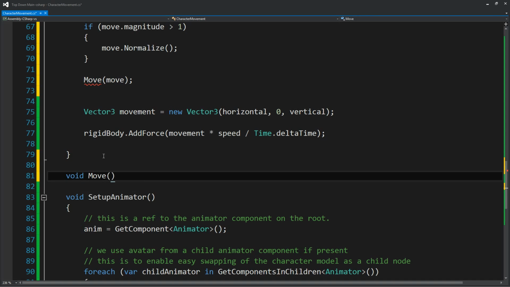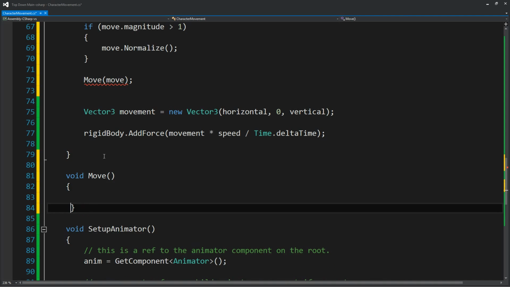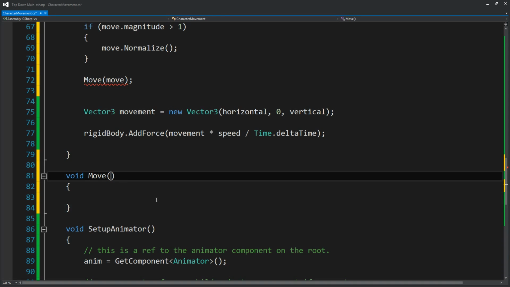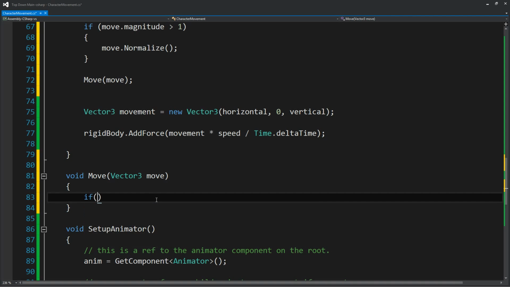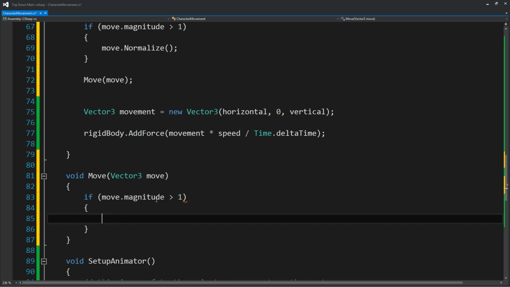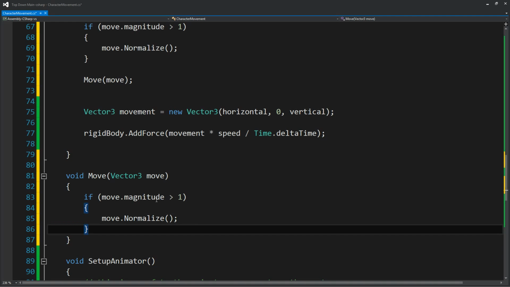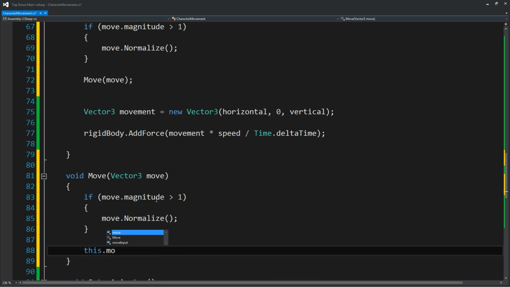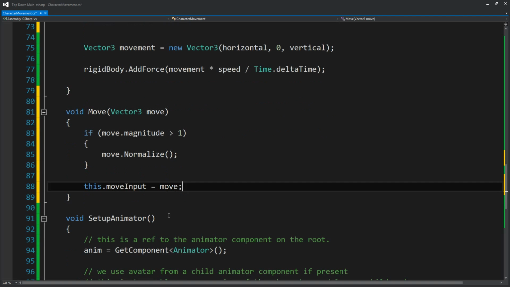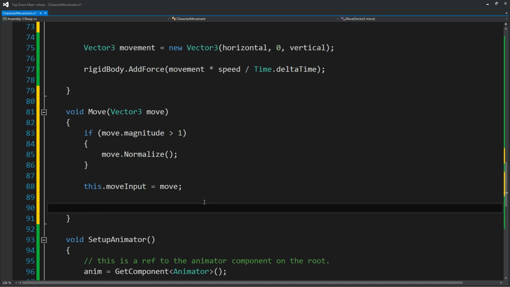So we will create a void Move, and this Move function will take a Vector3 move, and we will start by again normalizing our magnitude if it's higher than 1, and then the move input will be the move that we're passing, and we need to change it from move to move input,